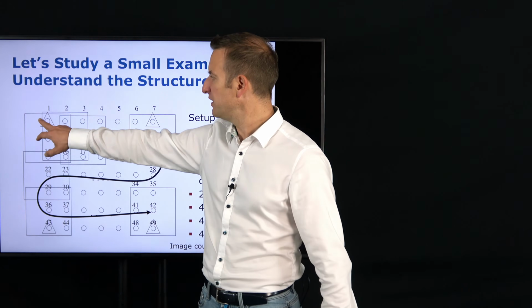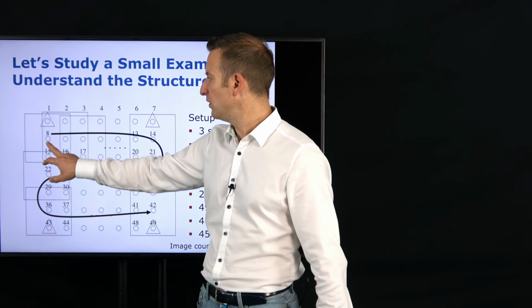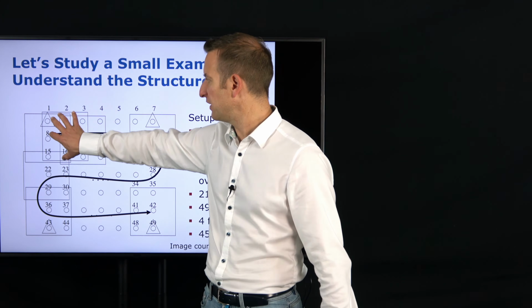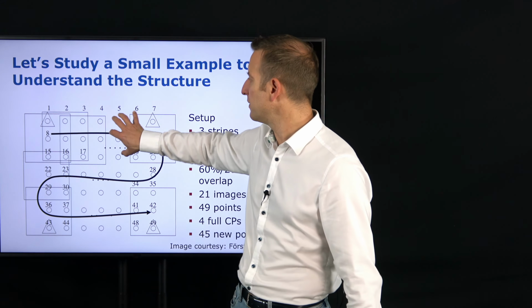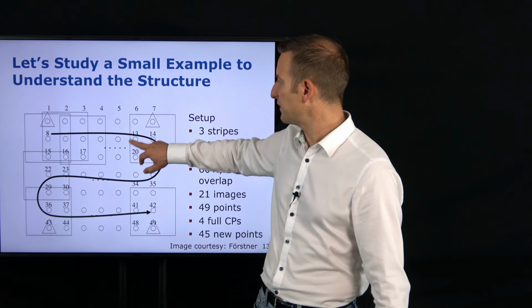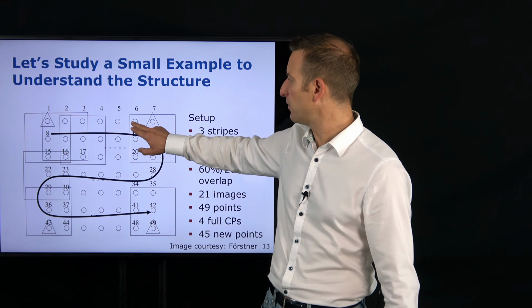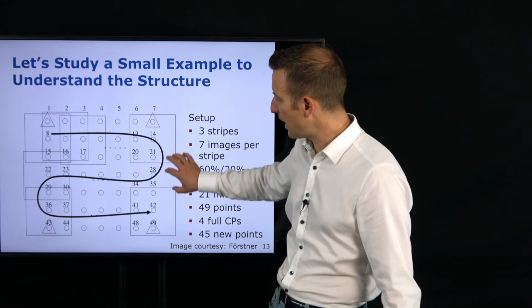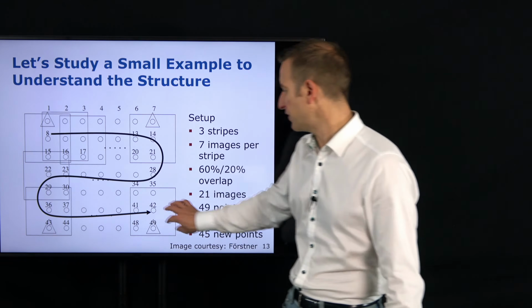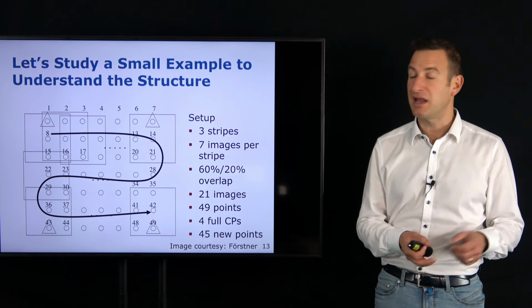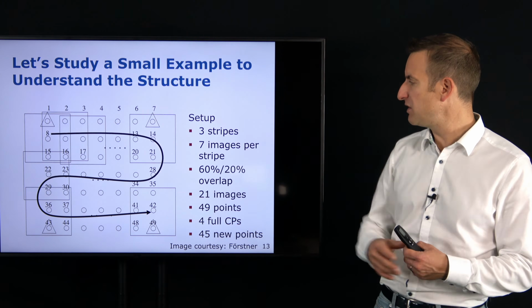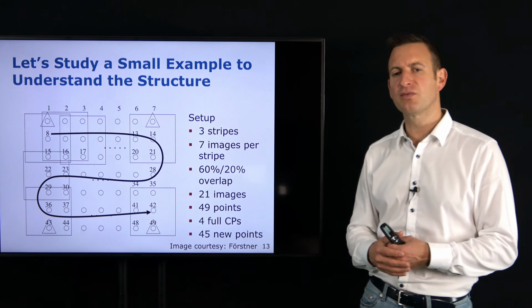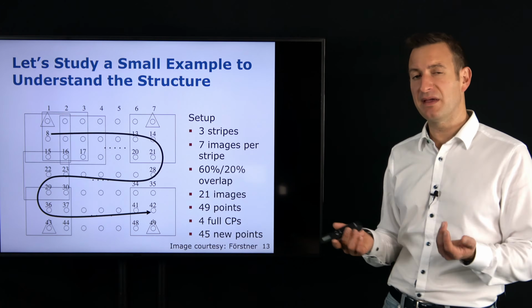The first image over here covers 6 points: 1, 2, 8, 9, 15, and 16. Then I'm basically shifting the images by 1 point over the scene until the last image I take has the points 6, 7, 13, 14, 20, 21. And then the airplane goes down and records those images over here. That's basically how I obtain my images. So I have 3 stripes, 7 images per stripe. This is here an overlap of 60-20, so a comparably small overlap for UAV mapping if you want to generate